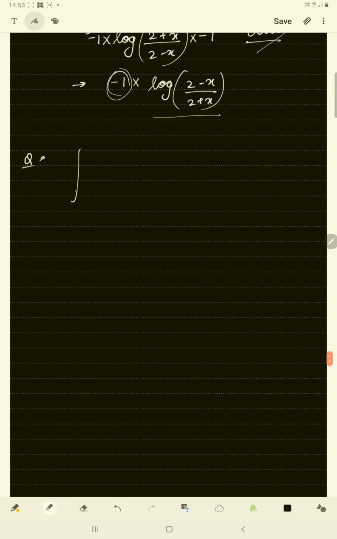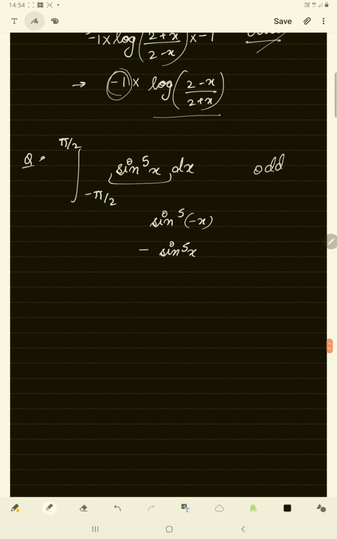Let's do another question. So we have minus pi by 2 to plus pi by 2 sine of 5x dx. Now simply looking at the function, we know that this is an odd function, because when we put a minus sign over here, sine 5 is an odd power, so we have an odd power over here, and when we put minus sign, we get minus of sine 5x. Both of them differ by a negative sign, so this is an odd function,